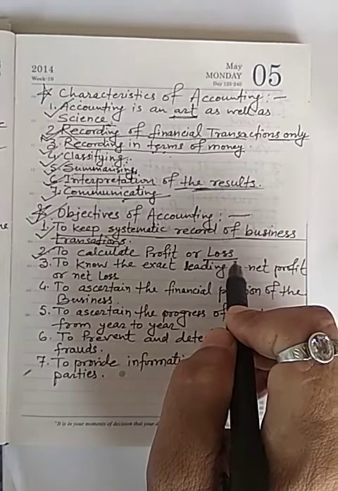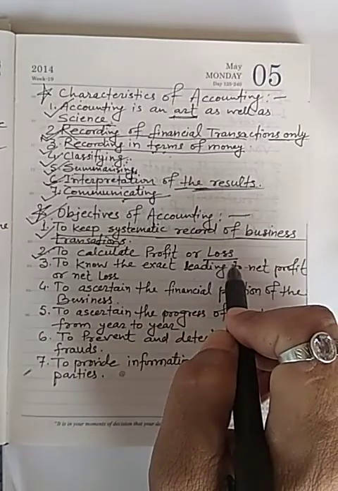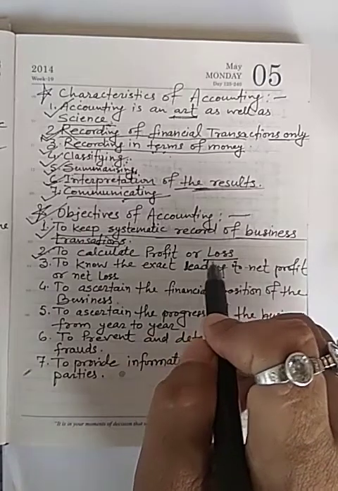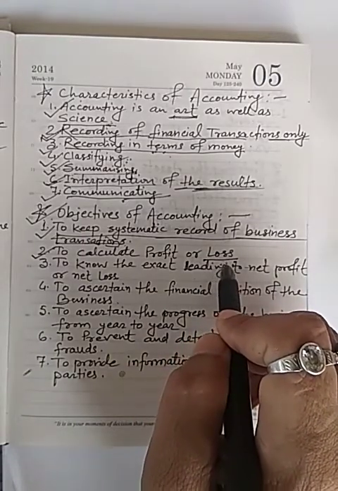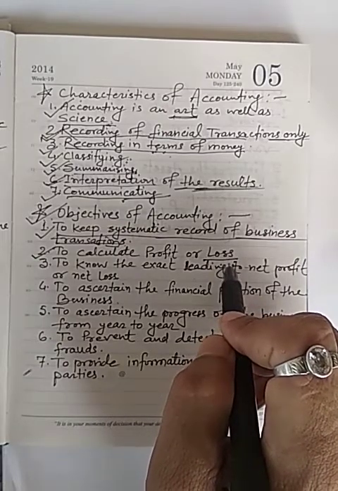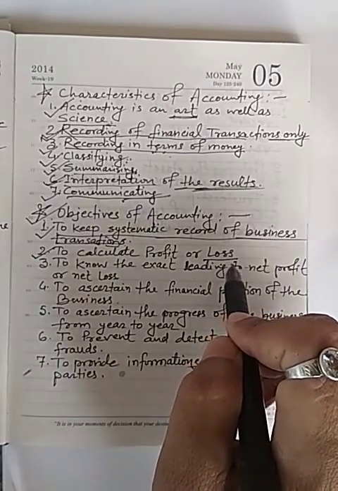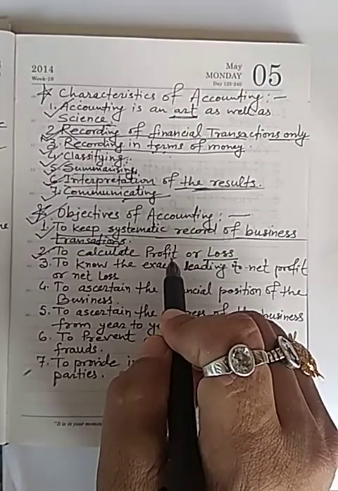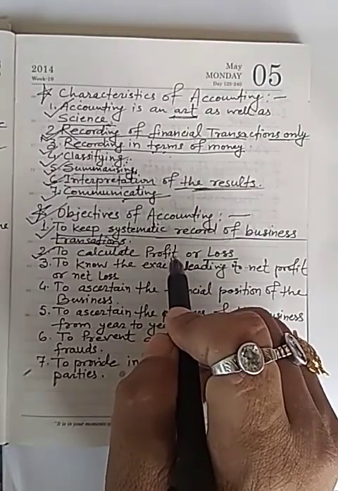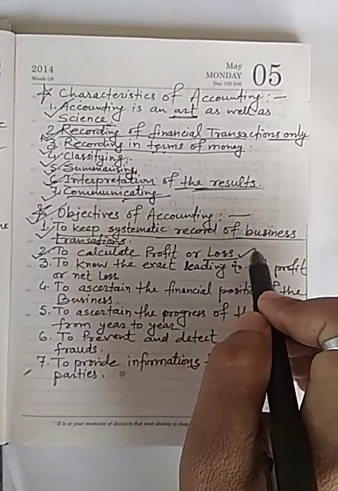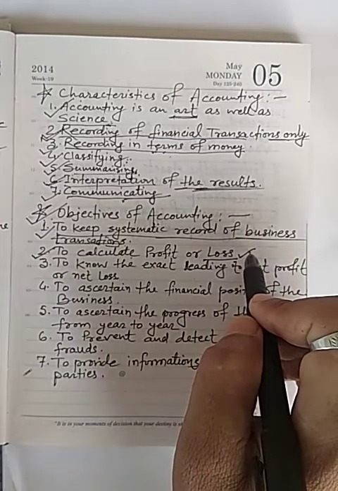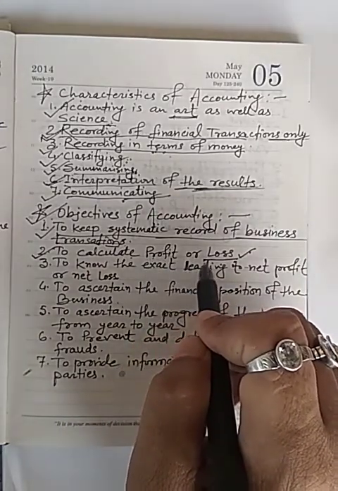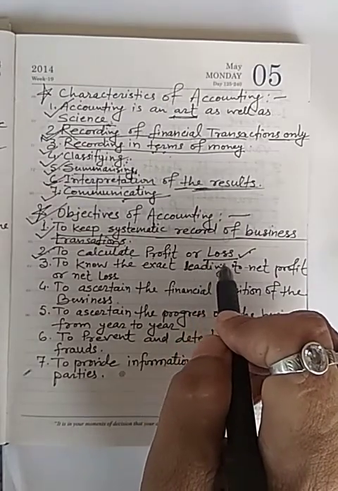For this purpose, the trading and profit and loss account of the business is prepared at the end of each accounting period, and it shows how much goods have been purchased during the particular period, how much goods have been sold in that period, how much goods have remained unsold and what is its value,